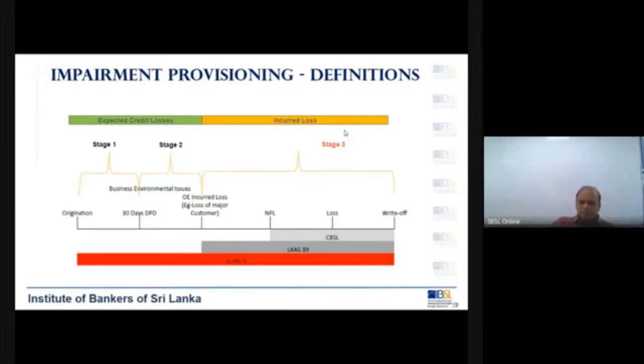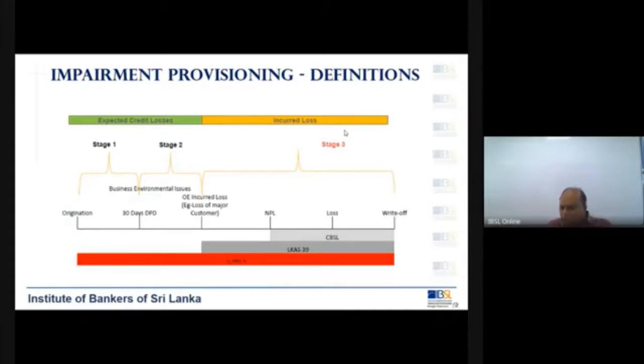Because there is no issue. He is servicing the loan, which means the money that we have given plus the interest that we expect is collected by us. There is no issue. But the moment the borrower shows signs of not paying the loan or not making any effort to pay the loan, then all these impairment, provisioning, everything comes into the picture. Until such time, there is no requirement.